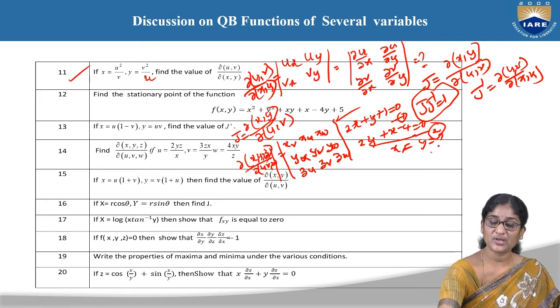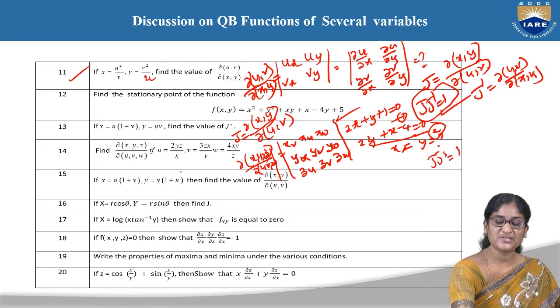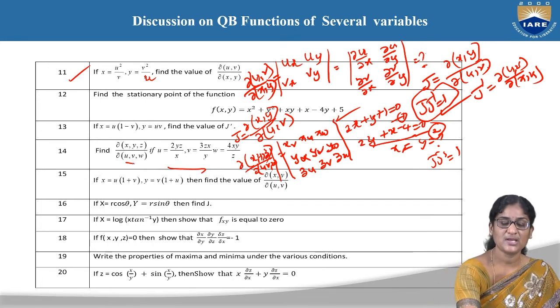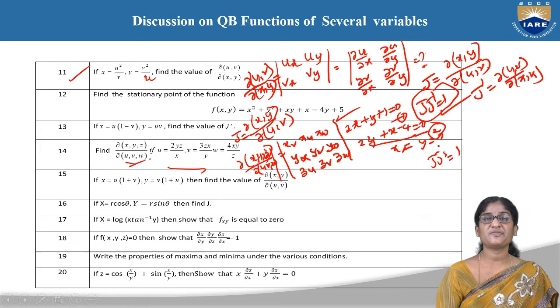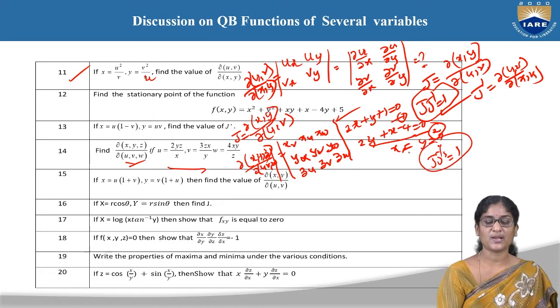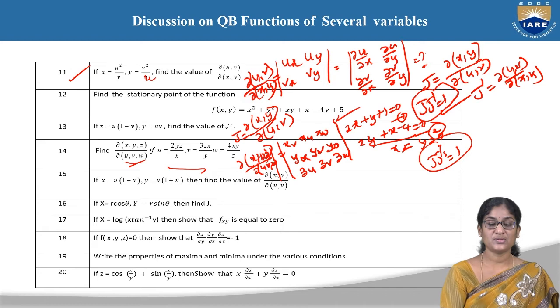And again we can make use of the same property, that is j into j dash, because the value here is asked in terms of x, y, z, but the function he has given as dou of x comma y comma z with respect to u, v, w. So first we need to find out u, v, w with respect to x, y, z, then reverse it by using this property j into j dash is equal to 1. So that's how we can do this problem.